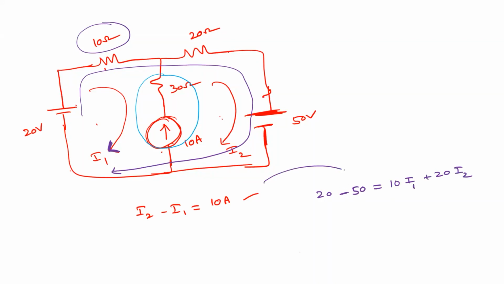Now solve these two equations and you can find I1 and I2. That's all. Sir, I1 I got minus 23 by 3. Yes, I1 is minus 23 by 3. Okay, answers are not important. First try to learn the methods. What is I2 you got? 7 by 3, sir. That is 7 by 3. Okay.